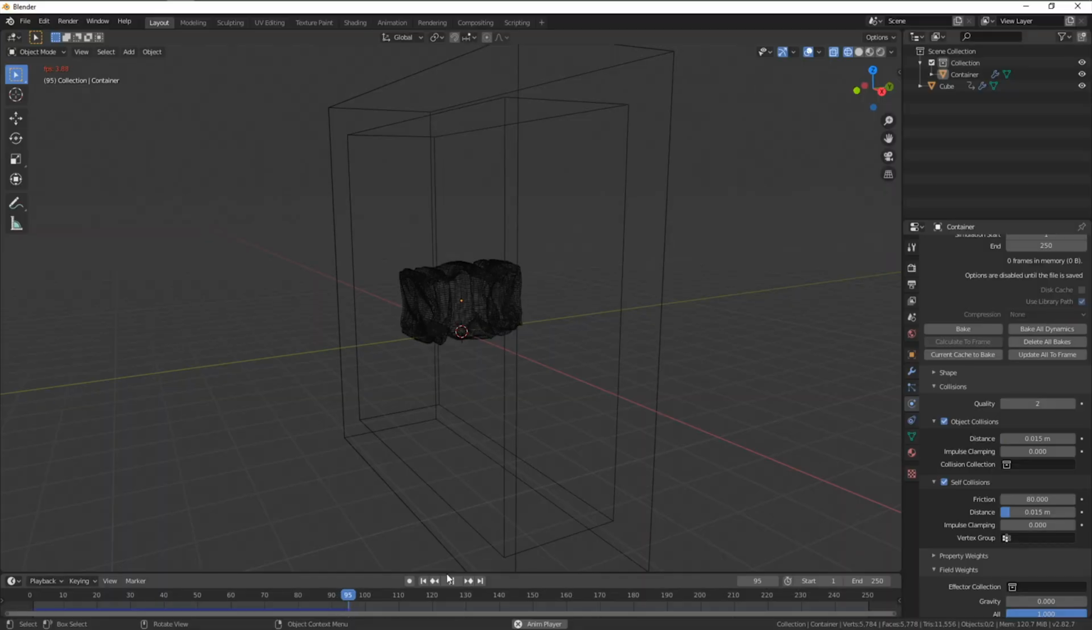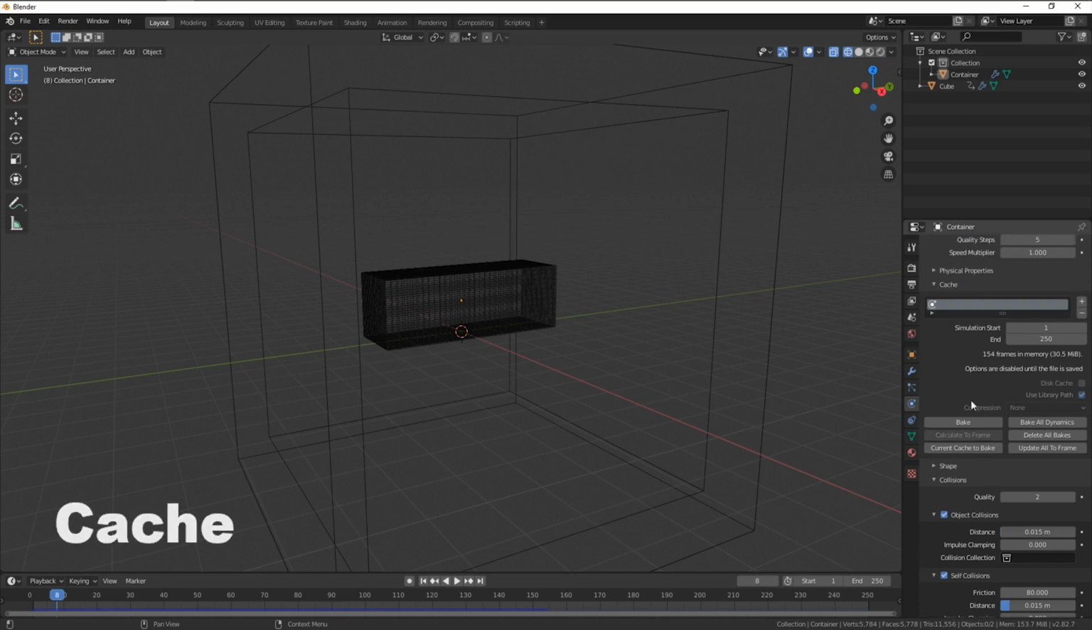Moments later. Looks good, though of course it's very slow. Once you're happy with the simulation, it'll need to be baked in order to render and play through correctly. This is done through the cache dropdown. Let's bake it. Depending on your settings and animation, this may take some time, so make yourself a cup of